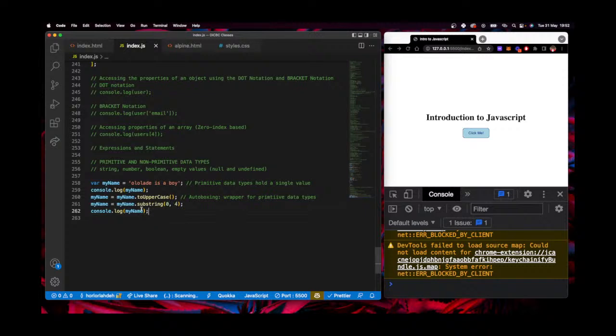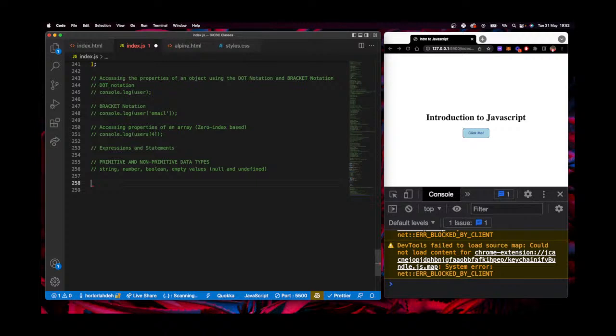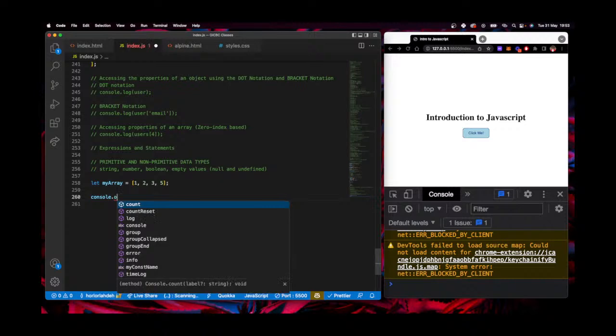But before we go into functions, let me just show you how you can actually alter a non-primitive data type like an array, for instance. So from here, I'm actually going to create a new variable. Let me just use the let keyword, and I'm going to say my array. And my array is going to have a couple of things. So let me just put the number 1, 2, 3, 4. Sorry, but let me put 5 just to show you the kind of things we can do. So let me do console.log,